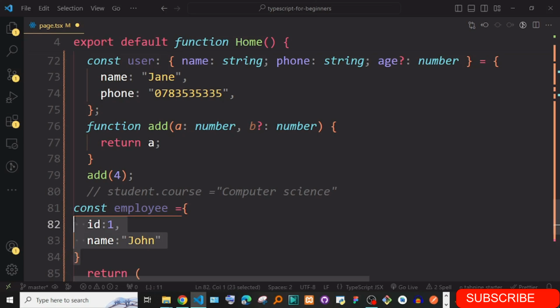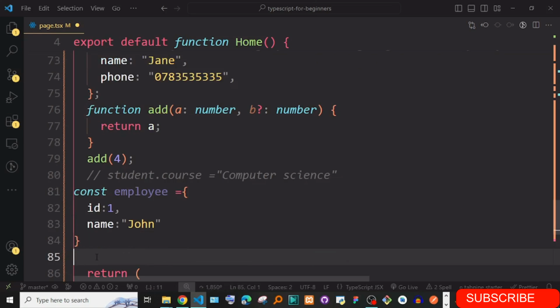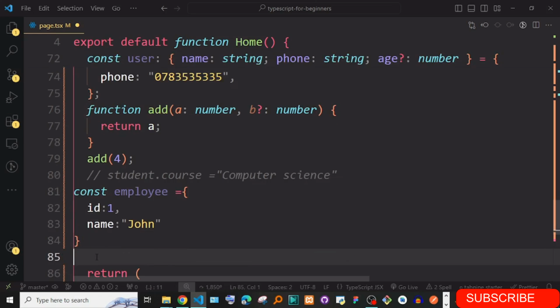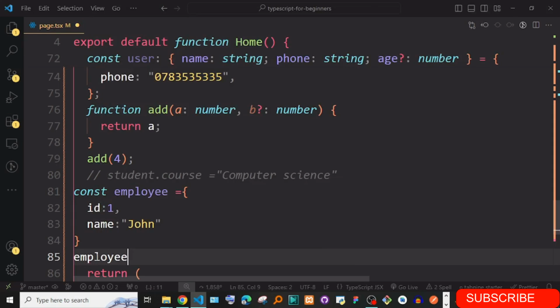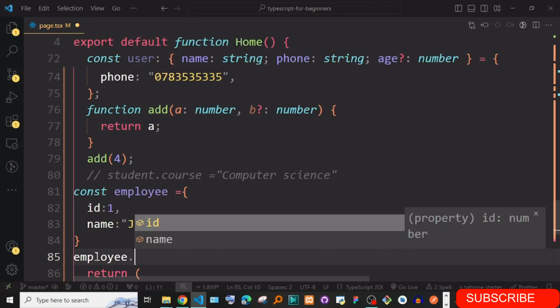If you come here and say employee dot, you can see it gives you 2 options, ID and name.